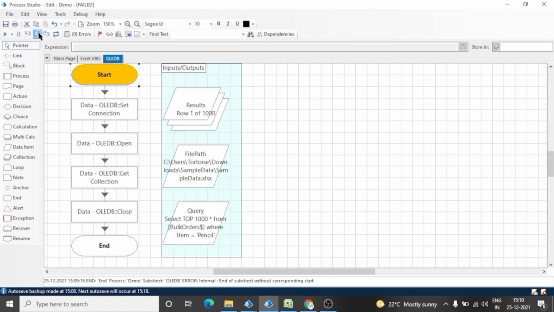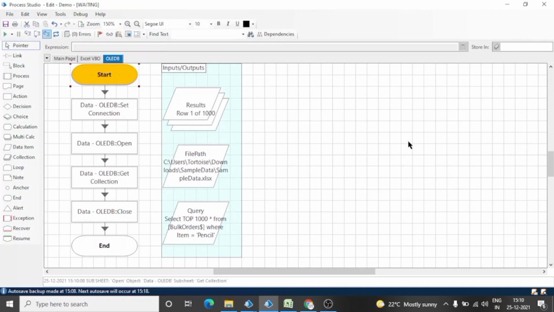Set next stage and run. Again we will get 1,000 rows because there are lakhs of rows and we are just fetching 1,000. If there are 1,000 rows which contain region as east and item as pencil, then we will get 1,000 results. Otherwise we will get fewer than 1,000 results. So there will be a maximum of 1,000 results.